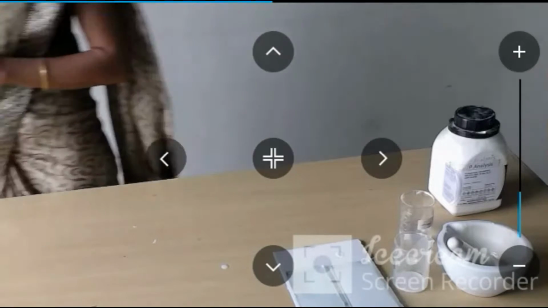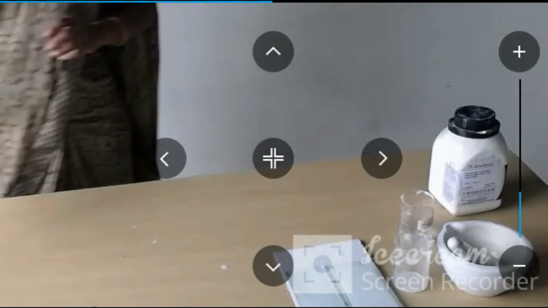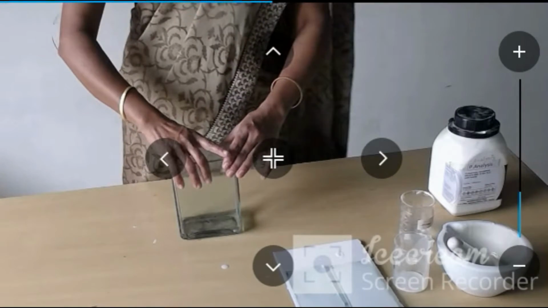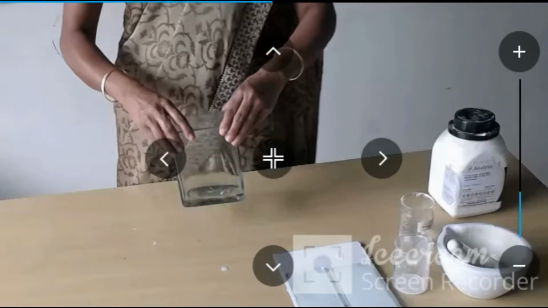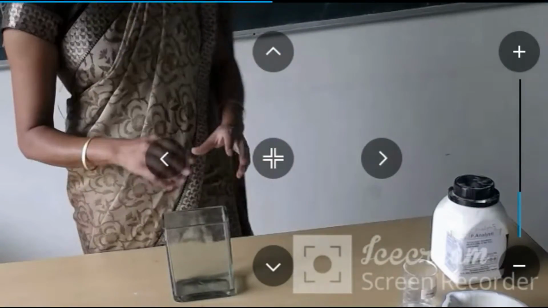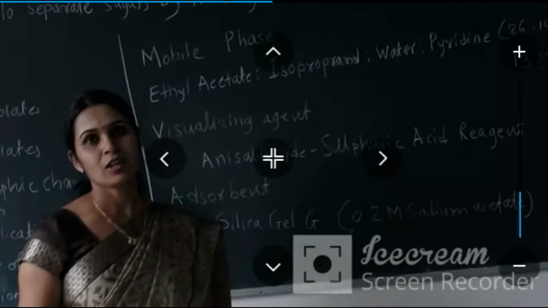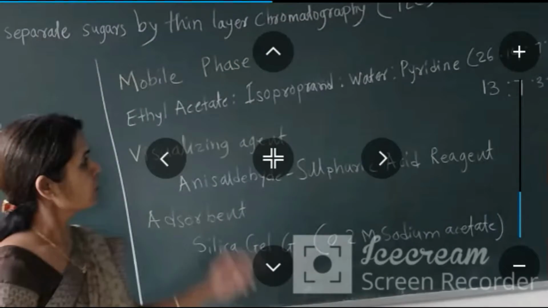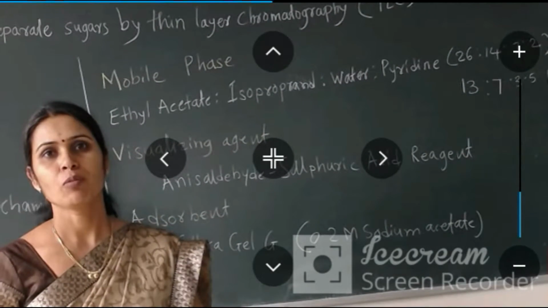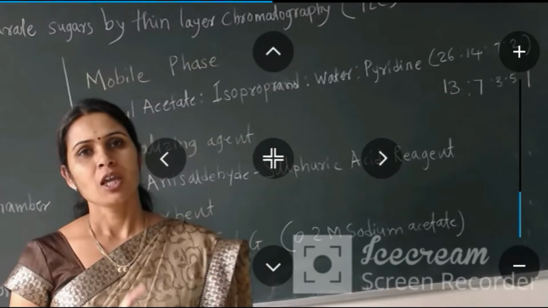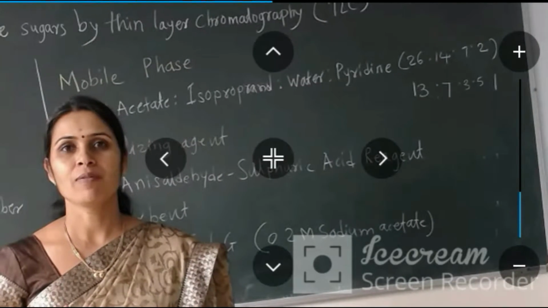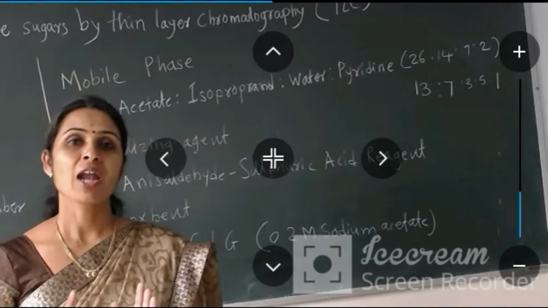Now the next step is chamber saturation. I have taken the mobile phase, which I have already told you. The mobile phase consists of ethyl acetate, isopropanol, water and pyridine, kept in a proportion. While making the mobile phase, always remember the exact proportion of the components should be taken and in the same sequence.